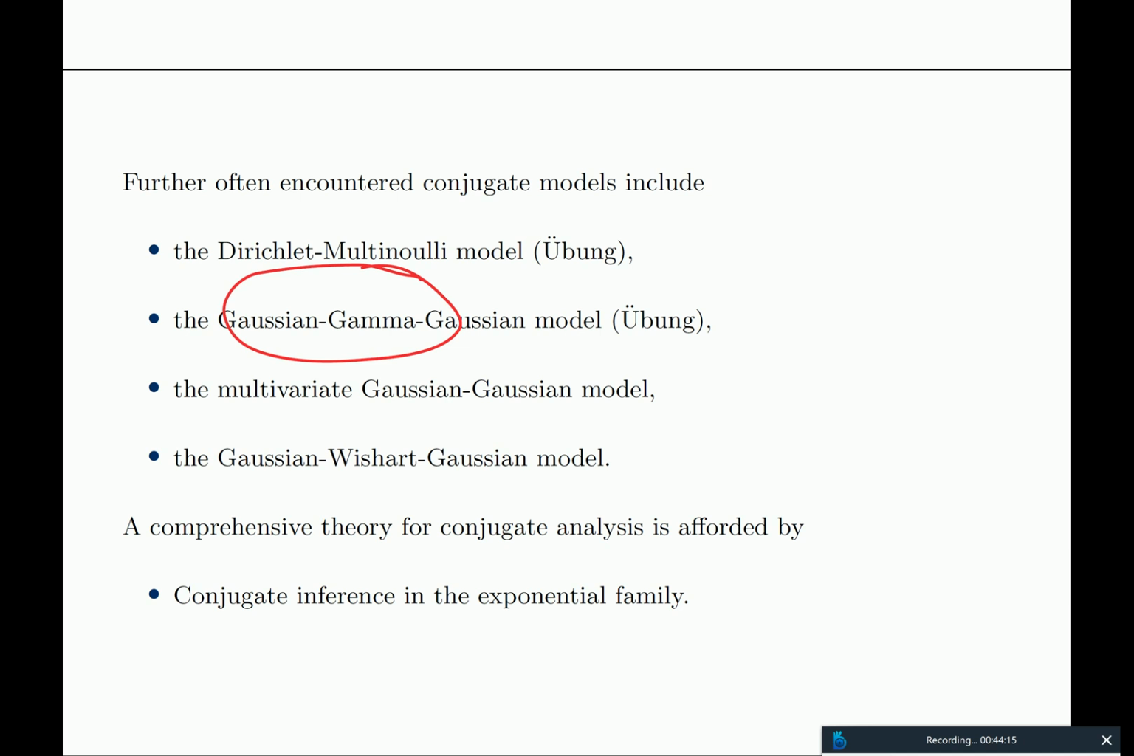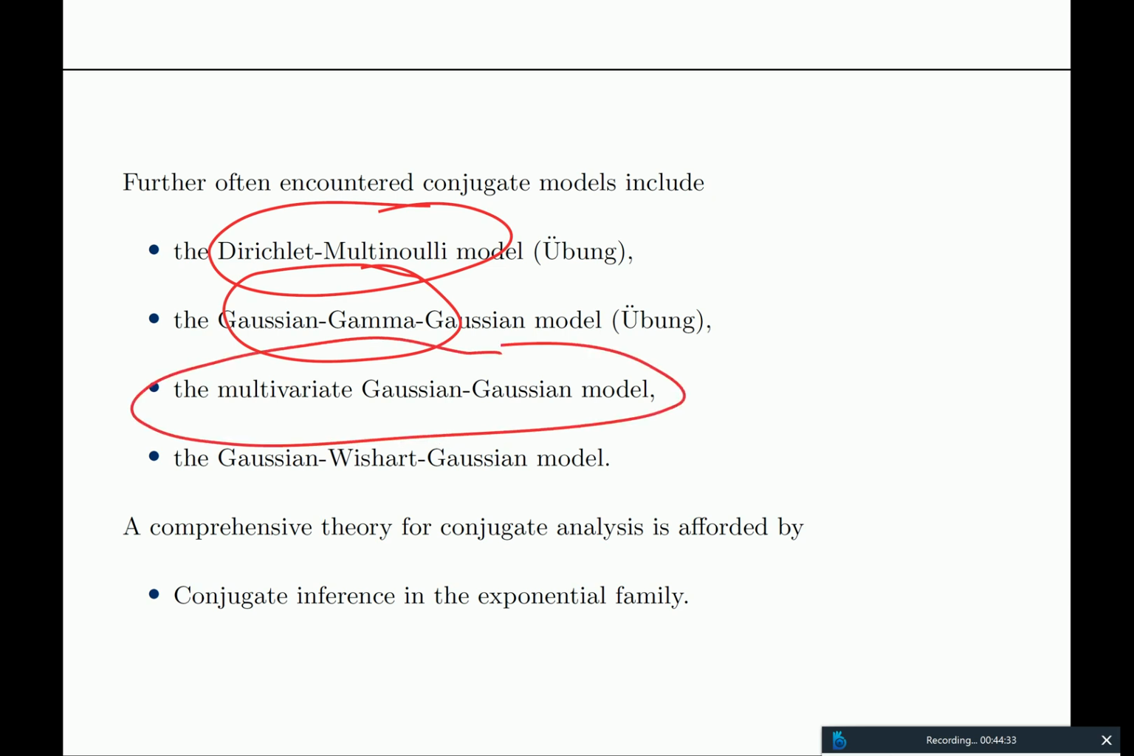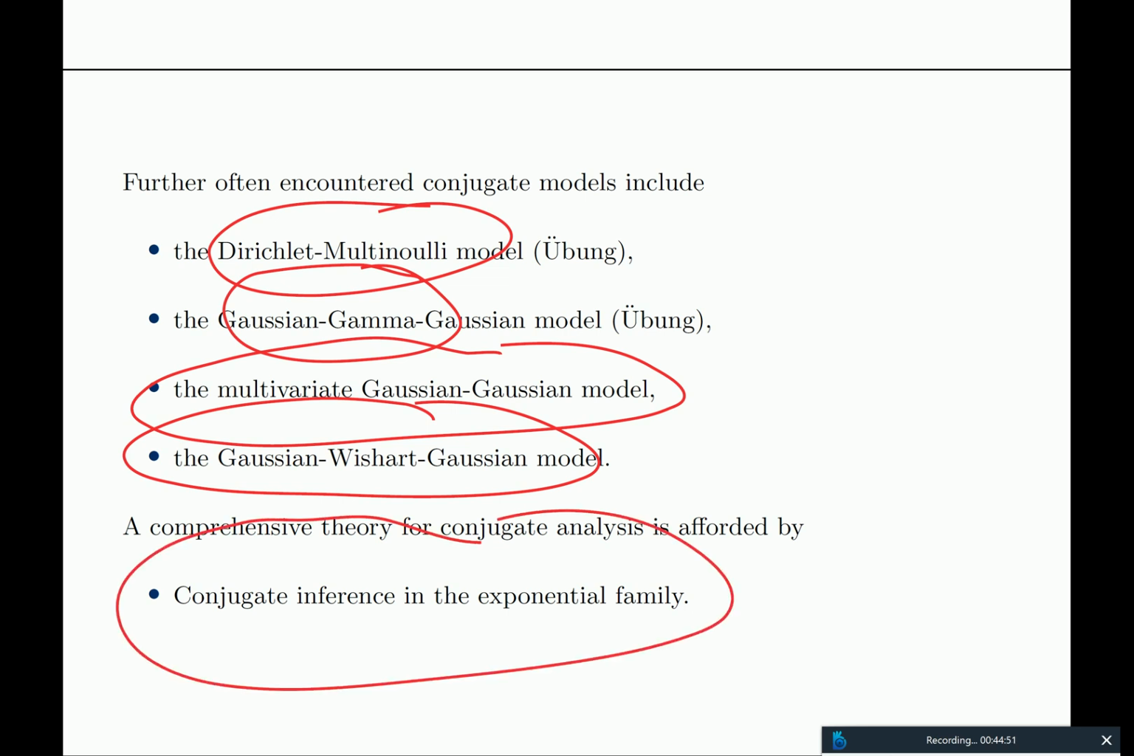And you can also, from beta Bernoulli or beta binomial, go to a generalization of that, where you not only have one-dimensional outcomes of ones and zeros, but multi-dimensional outcomes, that would be the Dirichlet multinoulli. Then you can do the whole thing multivariate in the Gaussian setting, and you can also do the multivariate Gaussian with a prior on the covariance matrix. This is the Gaussian-Wishart Gaussian model. And as I mentioned in the beginning, all of these examples are actually examples for conjugate inference in the exponential family. So I would suggest we look into that in the Übung,